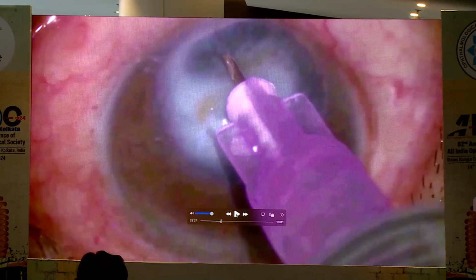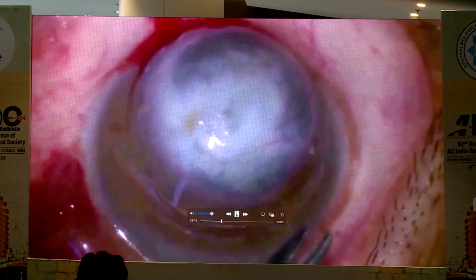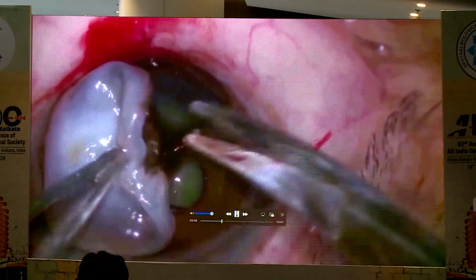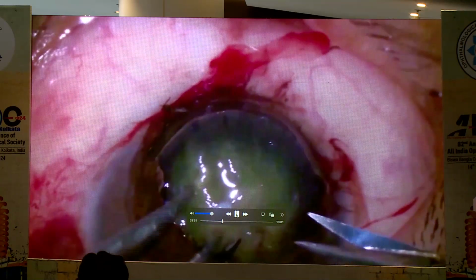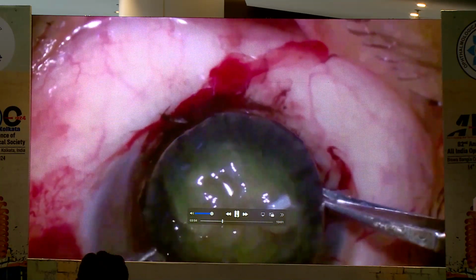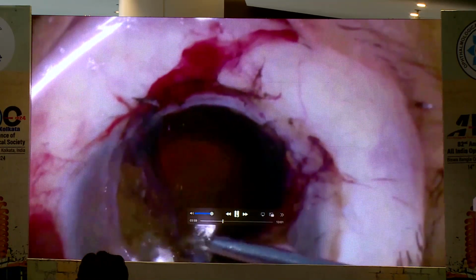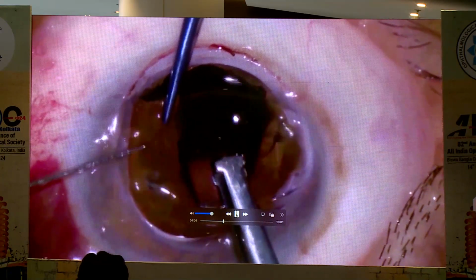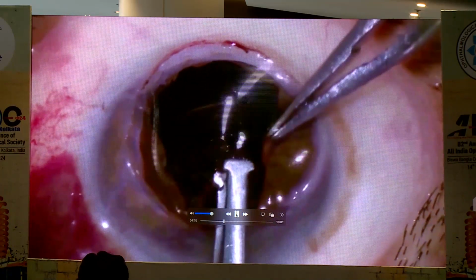This is the case of anterior osteophylloma. Though it is partially inferiorly placed, you can watch. You can see it is clearly visible. That is a case of anterior osteophylloma. And then refine, slightly place it inferiorly. You can see. Just remove the lens, in this situation this is expected, nothing new, but do the anterior breaking properly, and then again ask the assistant to hold the iris, so the iris is a little bit taut, and you can see even this condition,